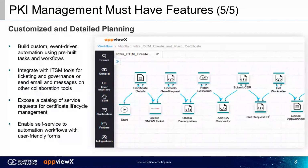Now the last item, customized and detailed planning or workflow construct. The AppViewX platform, as I mentioned, offers the automation and orchestration capabilities through a workflow engine and a highly intuitive workflow design palette, which is the image displayed here. It's an example of a workflow structure that is meant to be highly repeatable and extendable as a self-servicing request catalog item. So here we have the start and end sequence of tasks like certificate details, gathering the input